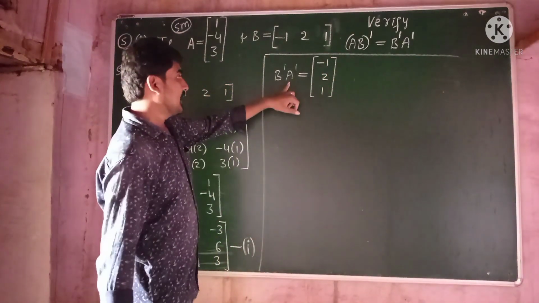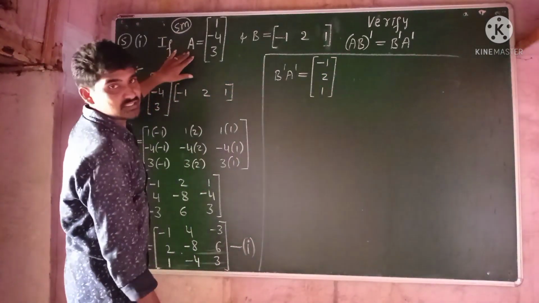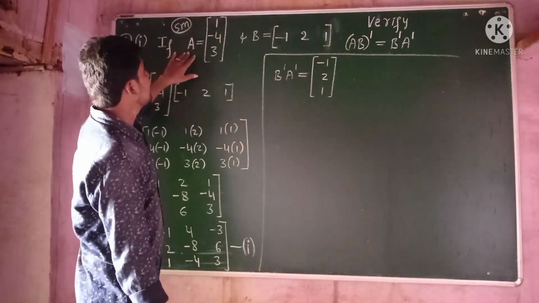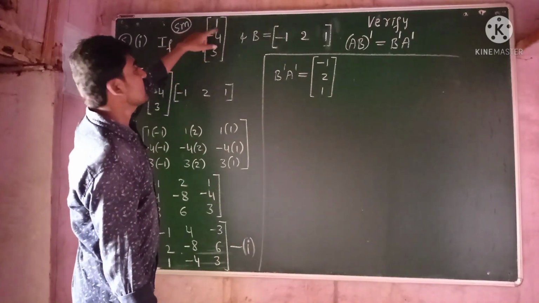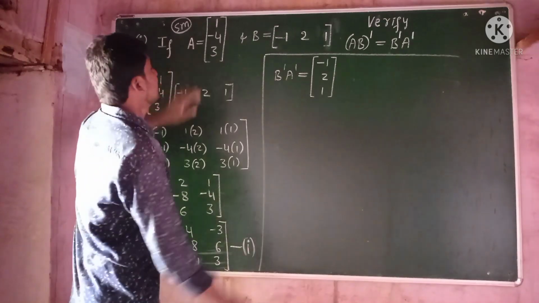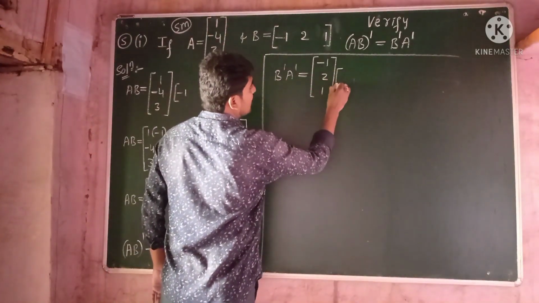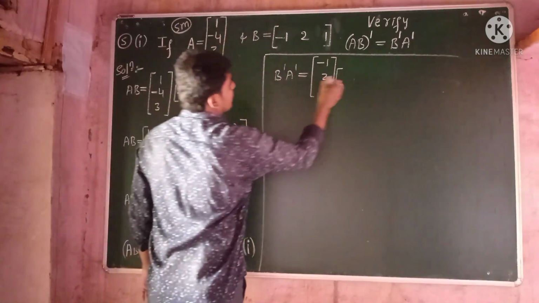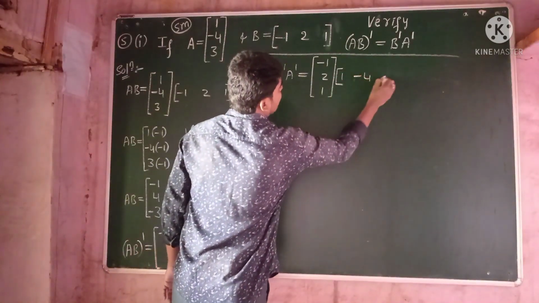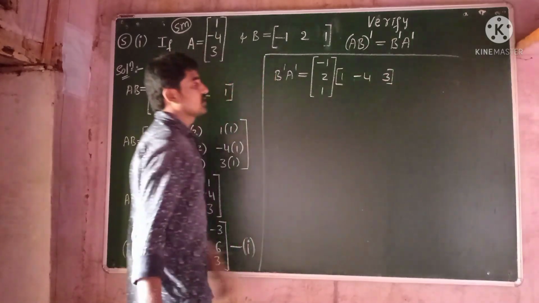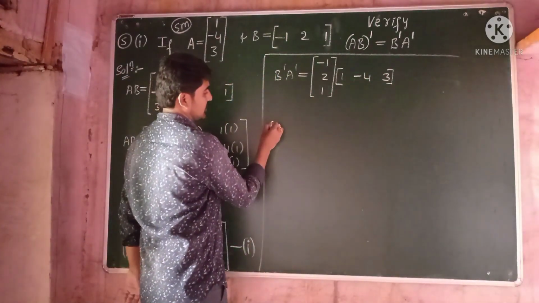And similarly, A dash is the transpose of the matrix A, which is obtained by interchanging rows and columns of the matrix A. So A dash is equal to, this column becomes row, 1, -4, 3. Now product of these two matrices,